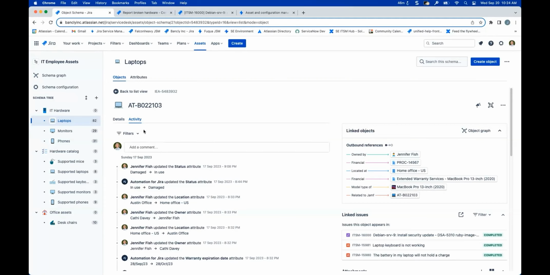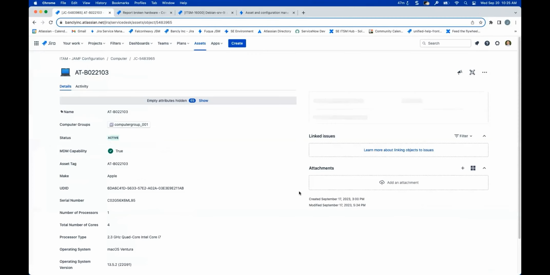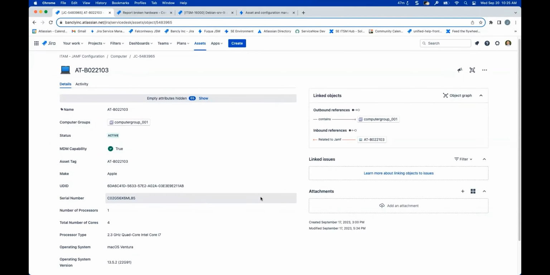Let's also talk a little bit more about the different references that we have. We talked here about having locations, finance, different models. We also see here that we have a relationship to the Jamf integration. Jamf is a mobile device management system that we use internally at Atlassian for tracking the software on our laptops and phones. So we can click there and drill into it, where I could look into additional configuration information. And we're getting down to the little details here that may be helpful in some troubleshooting, but not always something that we want to have on our main screen because it gets a little bit cluttered.